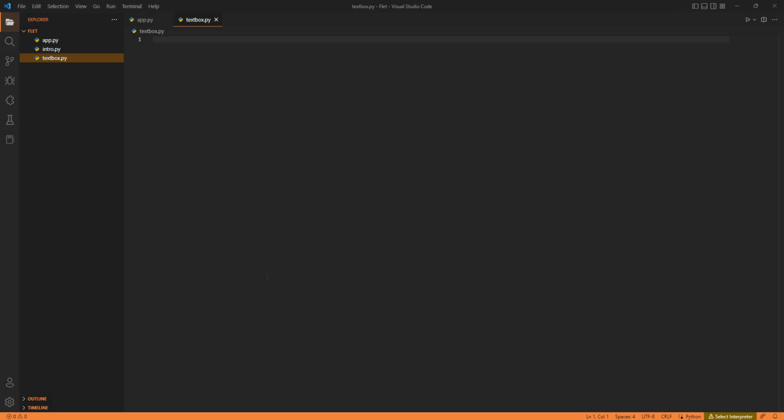Now, Flet provides a number of controls for building forms. So the page which we are using is a form. So let's just learn how to add a text box. To add a text box, we'll have to start the code with importing Flet. So we just go ahead and import Flet as ft